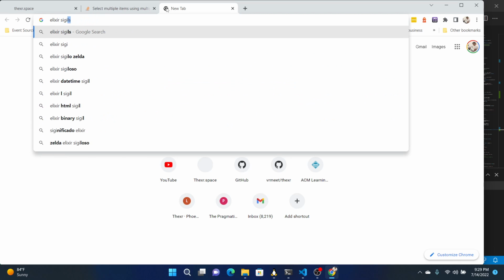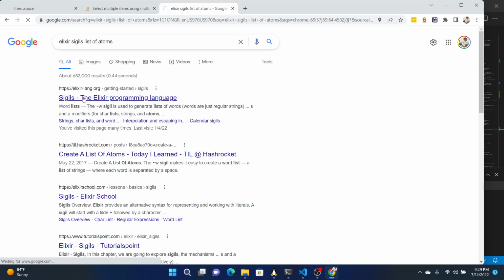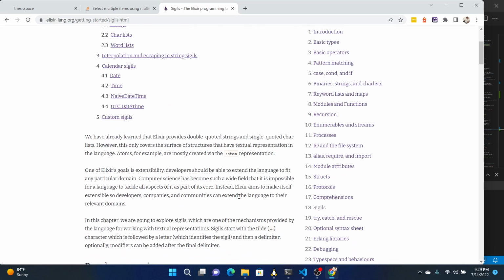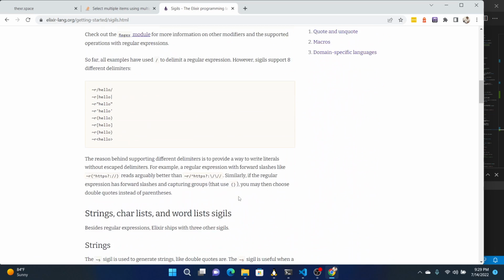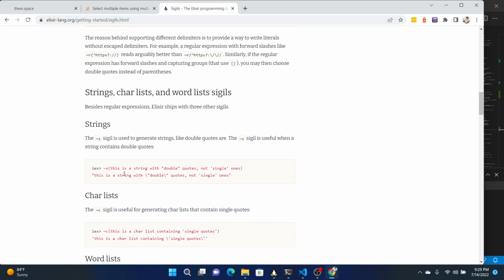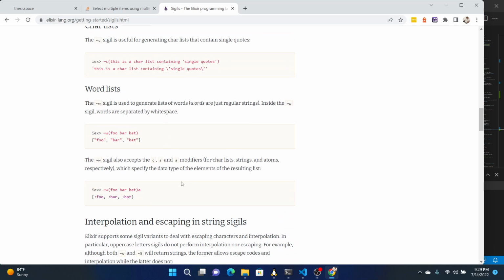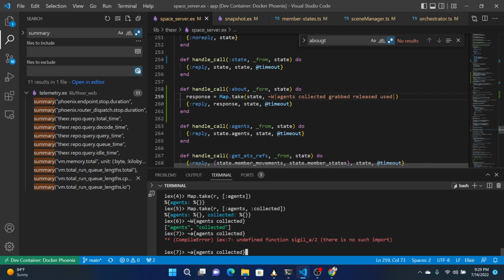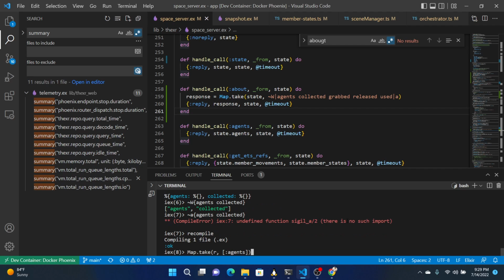Elixir sigil list of atoms. Word list, let's see. That's regular expressions. This is strings. This is characters. This is word list. Small w with an A at the end. Oh. It gives you a list of atoms. Is it? Compile and try